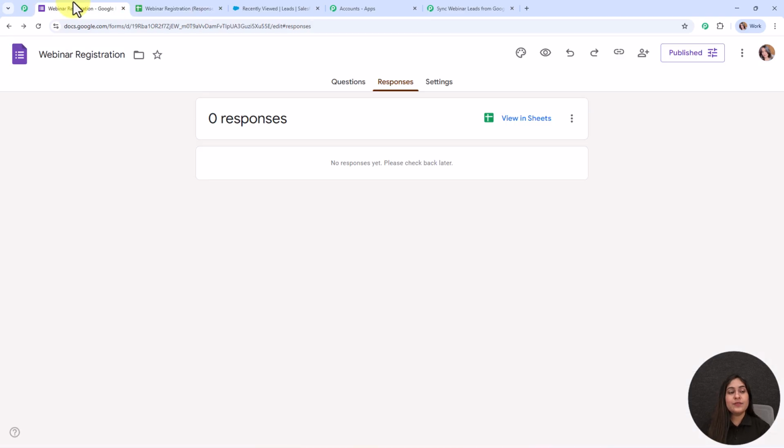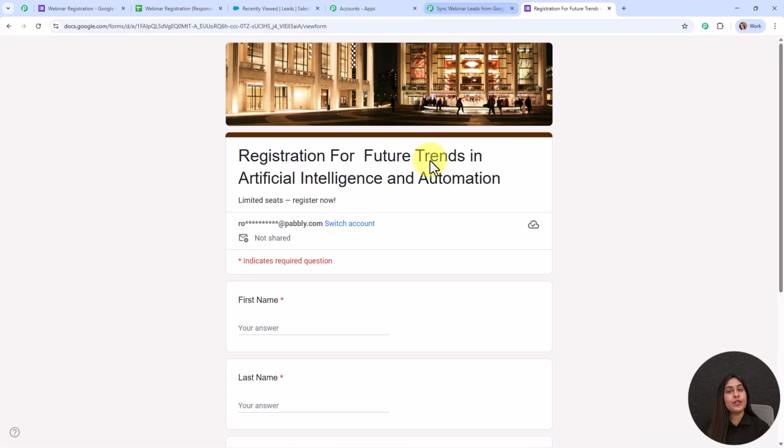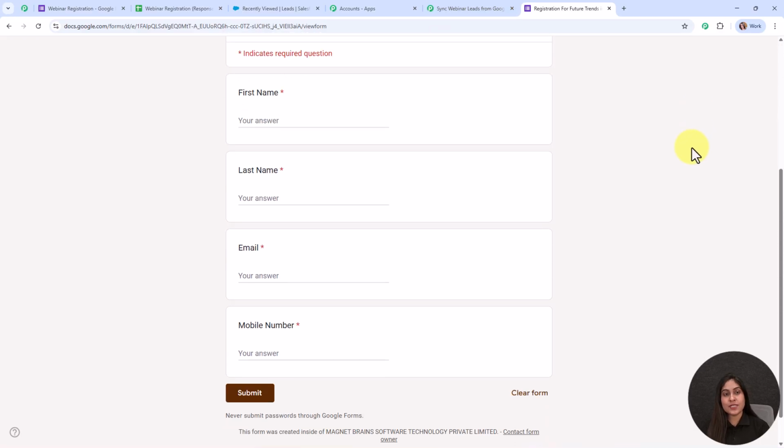And now here after building the connection, we are going to test this connection by copying the responder link from the Google Forms, and then we are going to open it in a new tab. And now here I'm going to enter some dummy details and make a form submission to see the working of this connection. So for the first name, we are going to enter the name as test, last name as student,